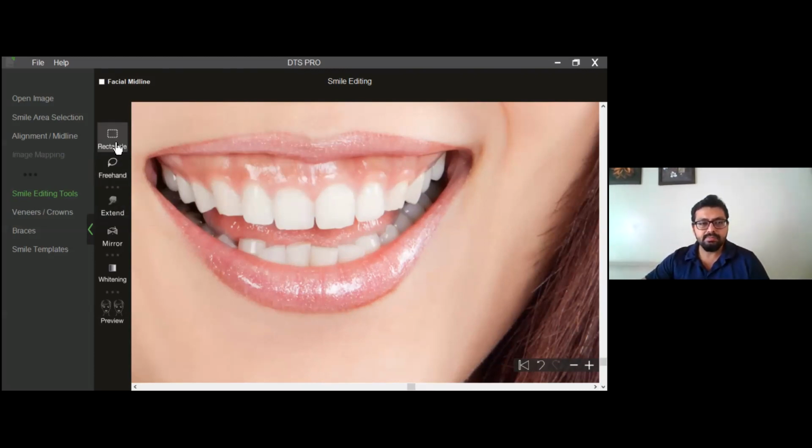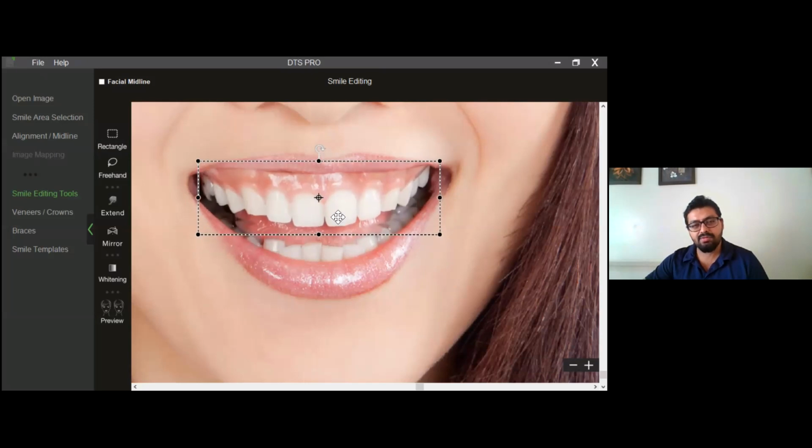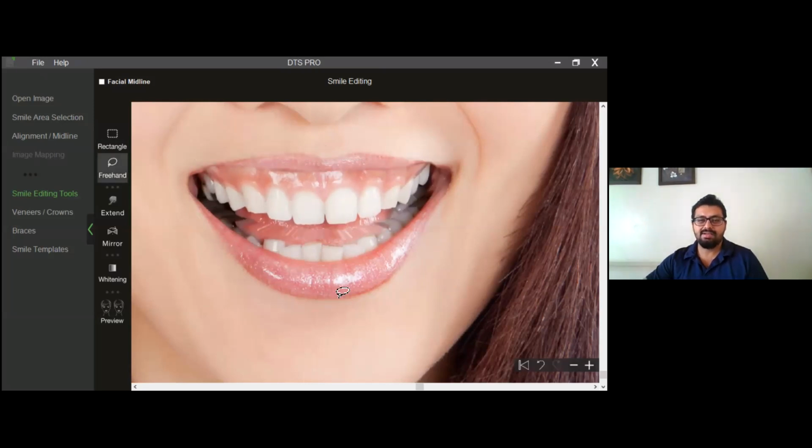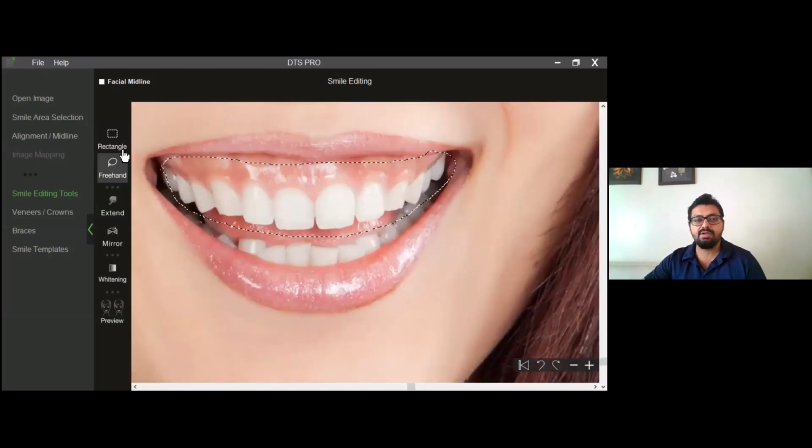You can select the whole jaw, for example. Let me use a freehand tool. So I will select my entire upper jaw and I will try to do some amount of intrusion there. Not a lot, some amount of intrusion, right? I can intrude teeth, I can intrude jaw. At the same time, I can use that same extend tool which I showed you in the beginning to do some